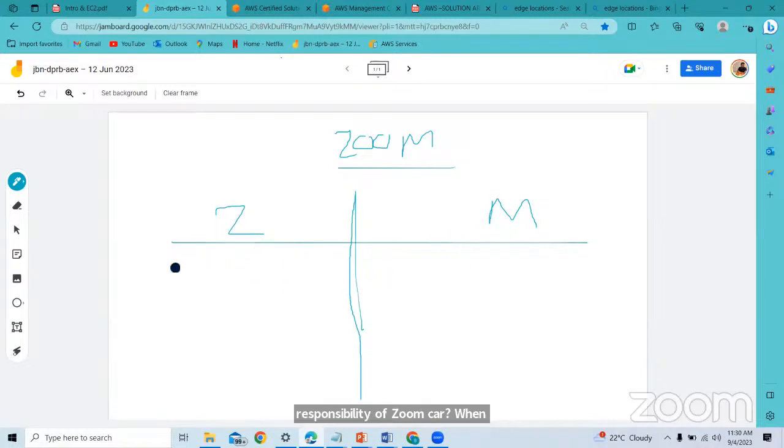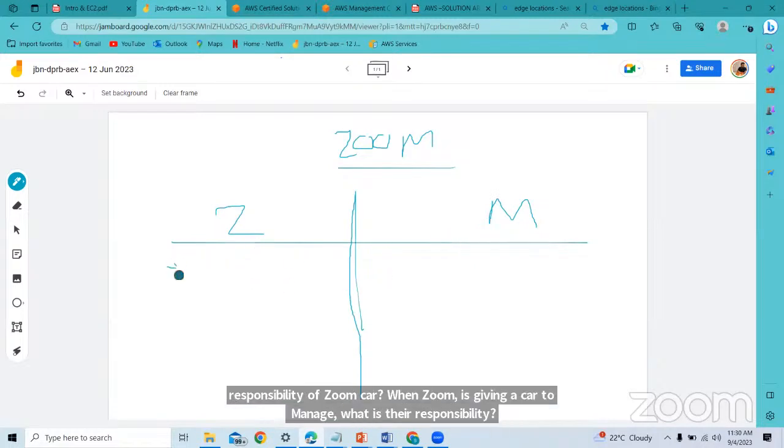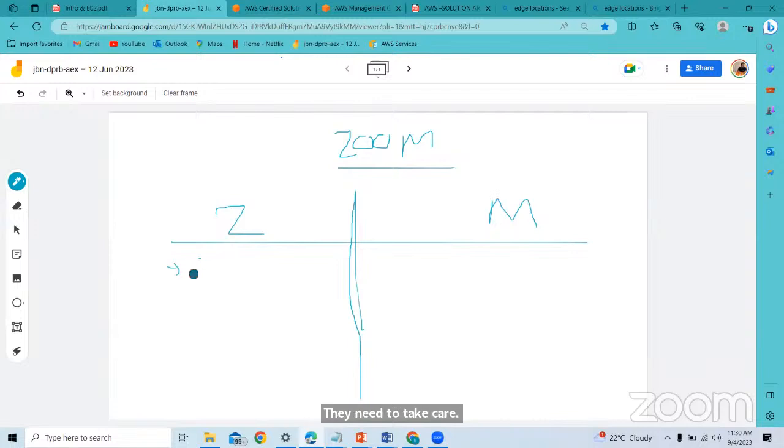They need to take care of the condition of the car. They need to take care of the paperwork, the RT work should be proper, right? What else? There should be no fines.